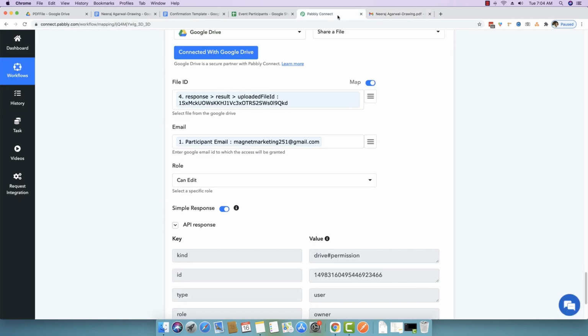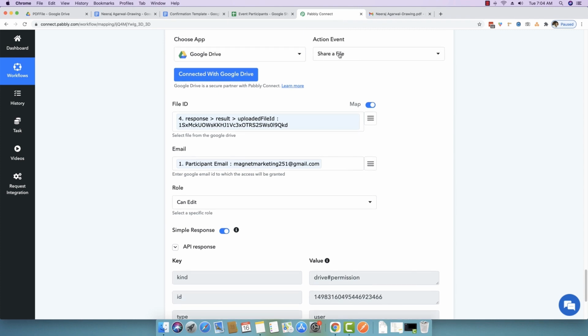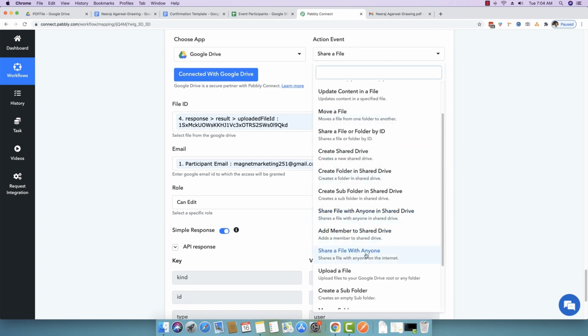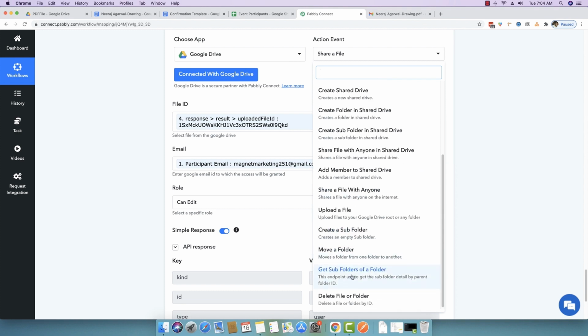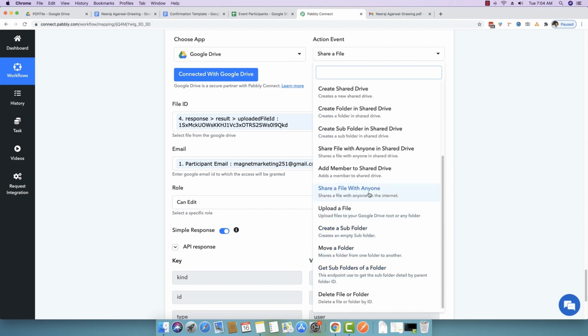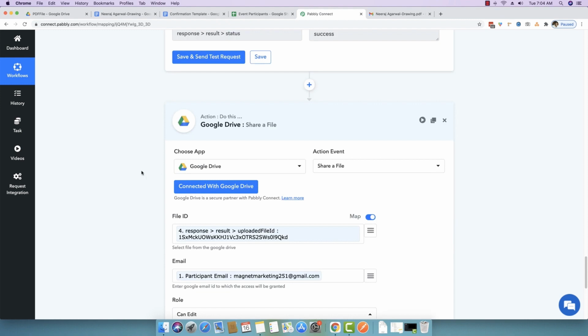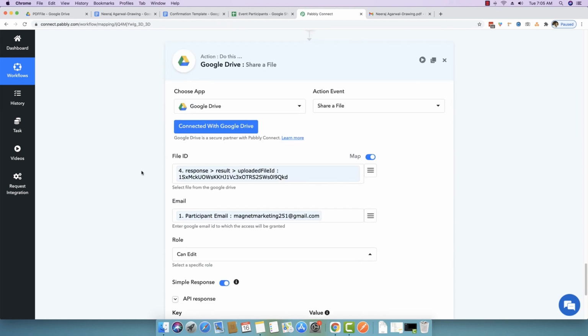Now, sometimes there might be a possibility that your participant might not have a Gmail account. In that case, what you can essentially do is you can, instead of using share a file, you can also use an option which says share a file with anyone. So basically you will make this file a publicly accessible file, and then you can select the app name as Gmail, and then you can send the exact same file link to the person on his Gmail or whatever email